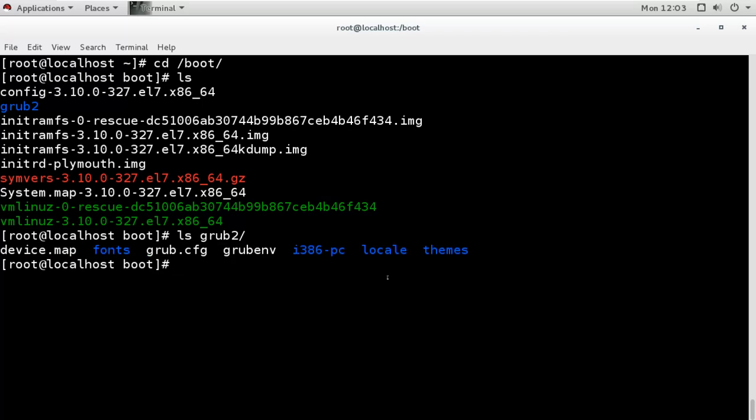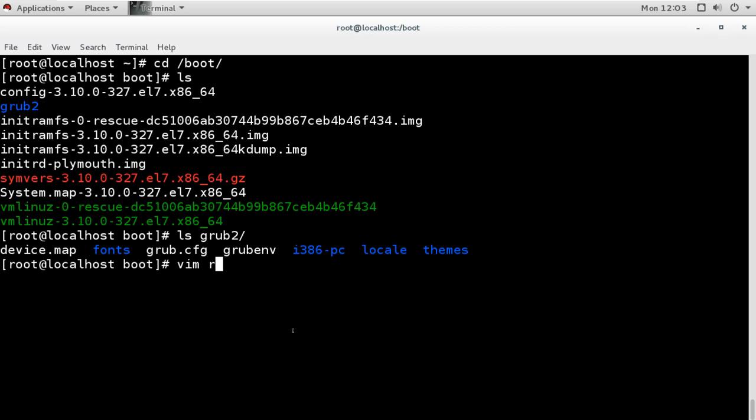Now the main configuration file for grub is this. So this is the main configuration file, and it seems like if we want to add anything, we can add it here in this configuration file, but that is not true. That means all the configurations related to grub will be here, but we are not able to edit this file directly. It is not recommended and it is not done. You should not do this.